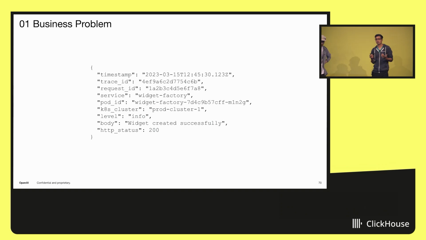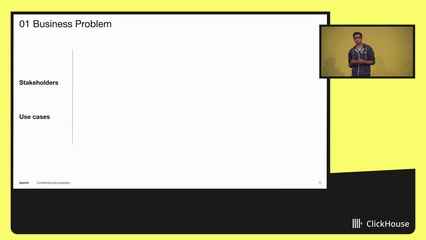So what is a log, right? I have an example here. It should be fairly familiar to most of you. It has some well-structured fields like timestamp and trace ID. It also has a body, which is just textual data, maybe a status code. And as you can imagine, people will want to ask questions like, show me all the logs for this request ID, or group my logs by this status code, or even, here is an arbitrary string, show me all the logs that contain it.